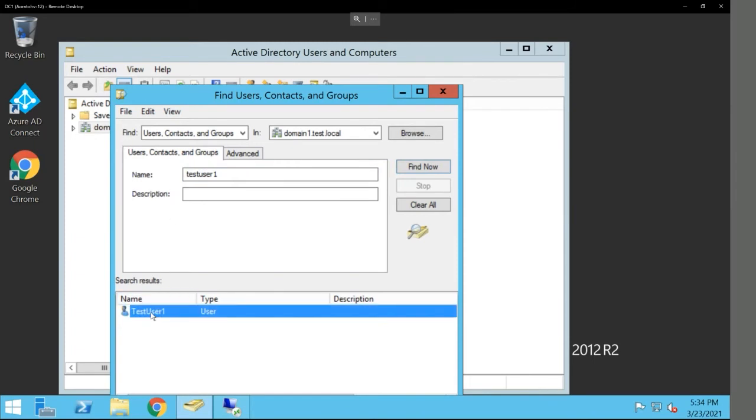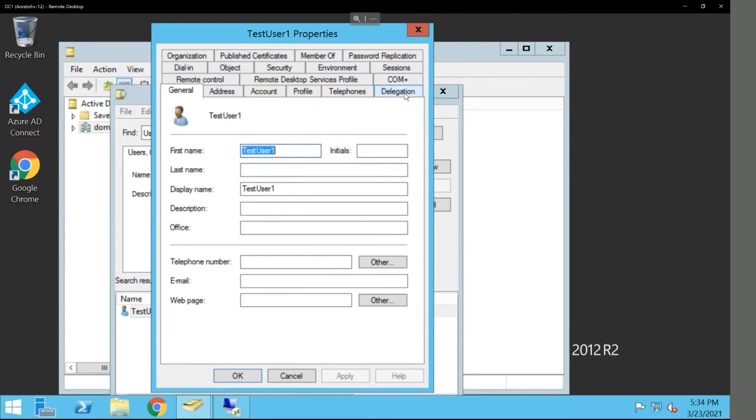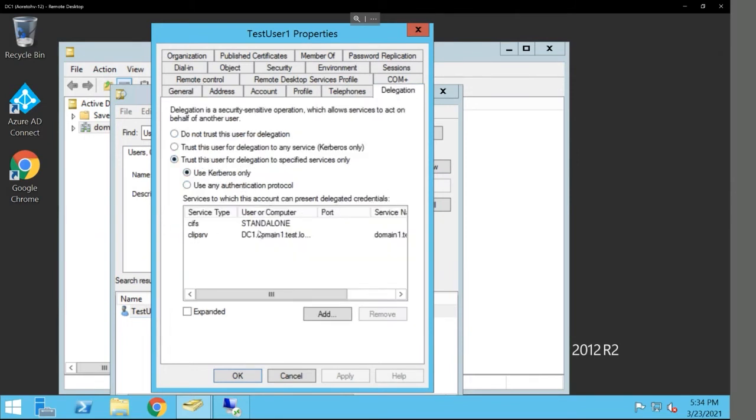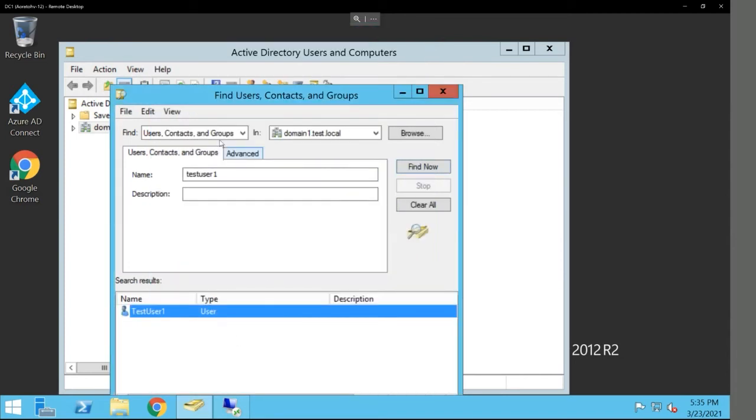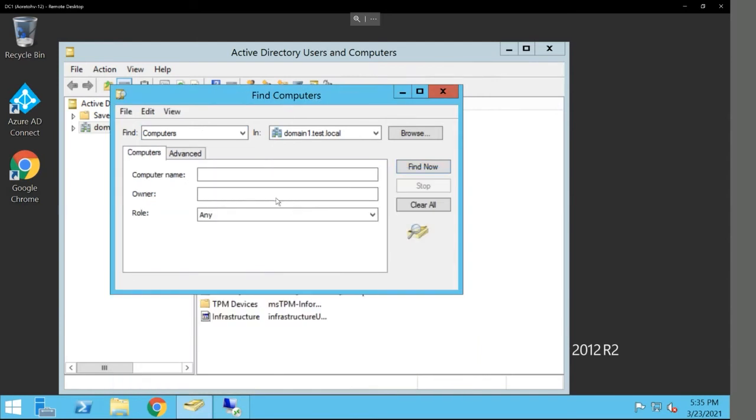And in here, if I click on that account, I can go into the delegation tab, and I can see that it points to two different types of service and two different types of devices, standalone and domain controller 1. What I need to do is remove that particular one, again, after verifying that this is not going to cause issues in my environment, but again, this is a path for escalation for attackers. So what Defender for Identity does is calculating the risk, but I also recommend better understanding why someone configured it that way. I click OK, and now I'm going to go into app 1,